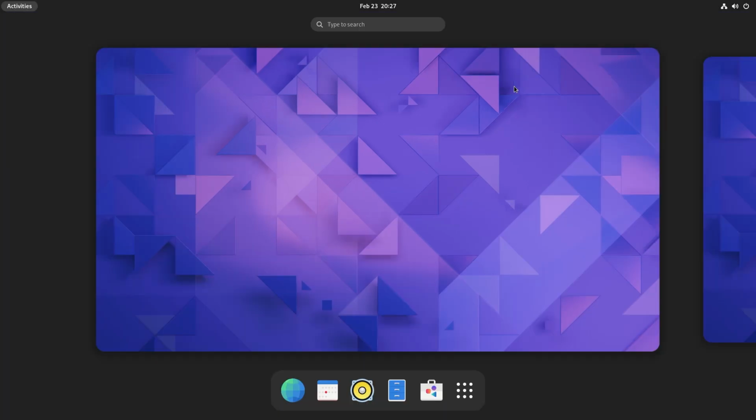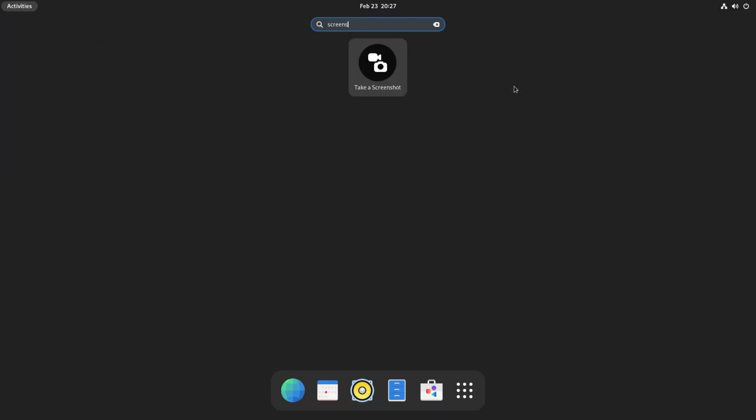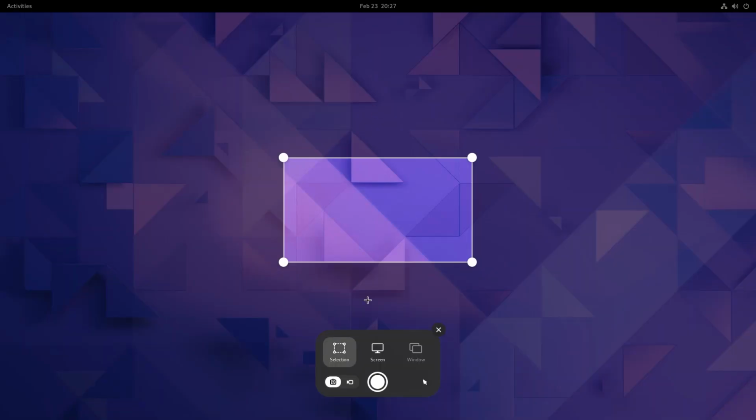And another thing that I wanted to talk to you about is that with GNOME 42, the user interface for the screenshots and native screen recording has received some major changes. And did I mention the ability to screen record is new? So let's quickly go ahead and check it out. So we're going to type screenshot, and there it is. So as you can see, you can take a selection, you can take the screenshot of an entire screen. If I had some windows open, you would have been able to do that. You can also enable or disable your pointer. So you could do that. You could also record your screen,